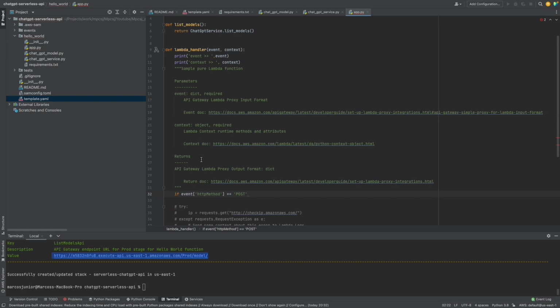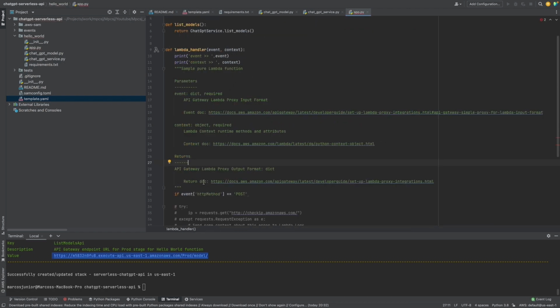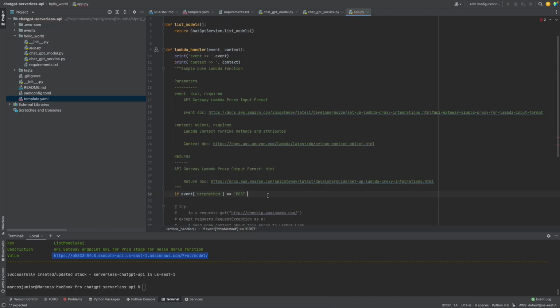But this is the parameter which is sent from API gateway that indicates the API type. In our case, since we have only one get method and another post method, I'm going to check the method type. If the method type is a post, it means that the user is trying to use this second integration event, which is to get the message from the model. So if this is the case,